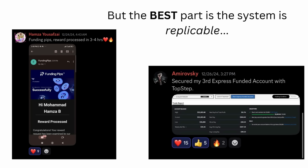But the best part of the system, it's replicable. Not only can I make money for myself, but others have been able to implement the same exact strategy to make money. Look at Hamza, for example. He was able to get a payout with Funding Pips. Even Amir, he secured 3 express funded accounts with TopStep. So it doesn't matter which asset class you trade, whether it's Forex, whether it's indices, whether it's crypto, this works